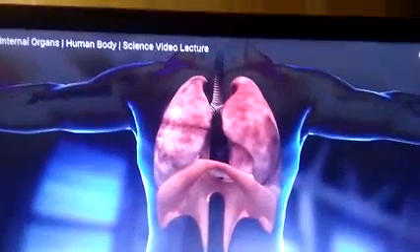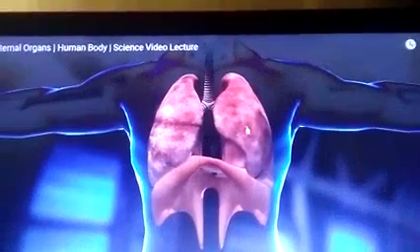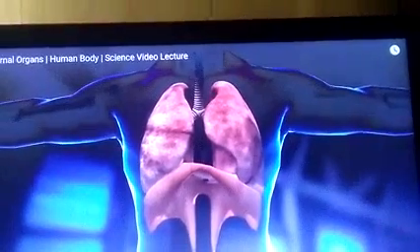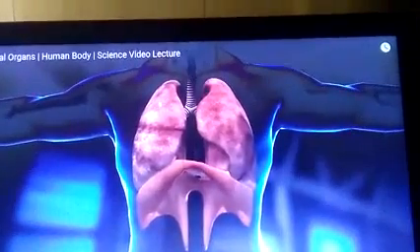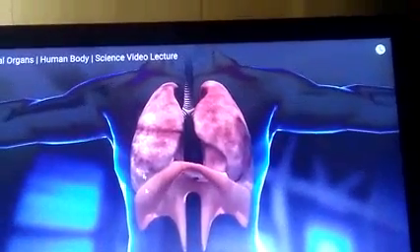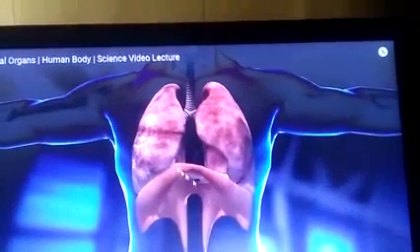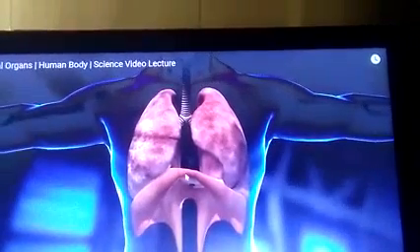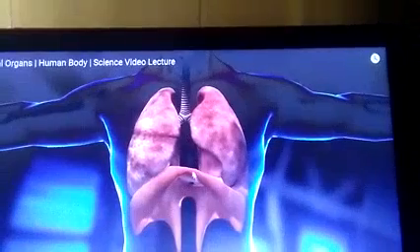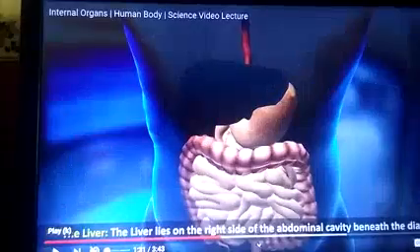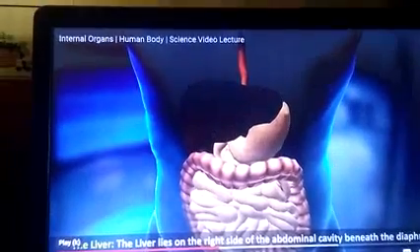Inside the chest cavity you can see the lungs, and the lungs are protected by the rib cage around them. You can see it in another picture, I will show you. So inside the rib cage only the lungs are located. And see, below the lungs you can see one sheet. This muscular sheet is called the diaphragm. The diaphragm helps to take air inside and to give out air outside, and not only that, it supports the lungs.